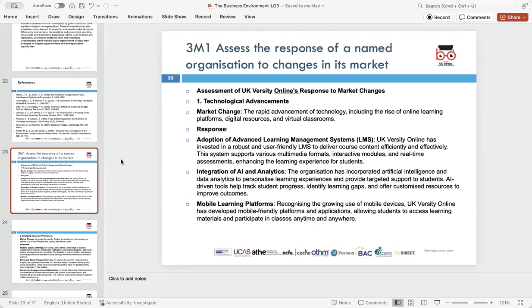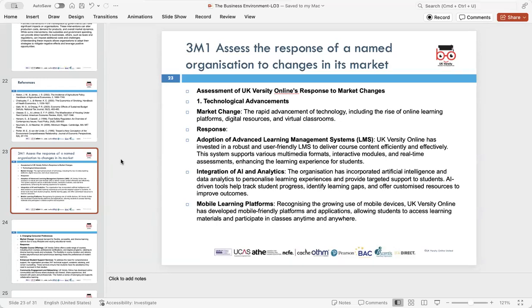Integration of AI and analytics: artificial intelligence and data analytics play a significant role in modern education. UK Versity Online has incorporated these technologies to personalize learning experiences. Artificial intelligence-driven tools track students' progress, identify learning gaps, and provide customized resources to help students improve. Data analytics allows the institution to understand students' needs better and tailor the educational experience to each individual's